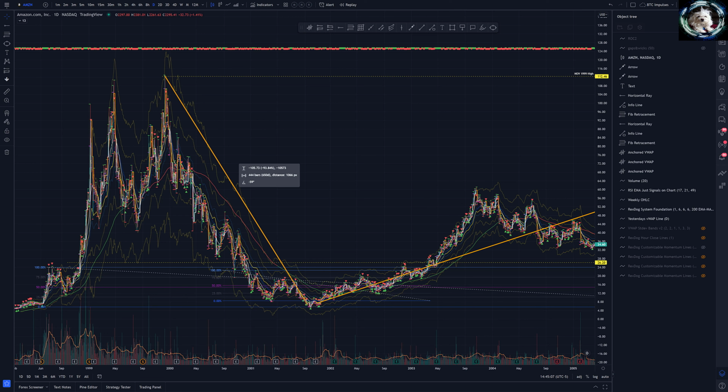So the first one we're going to cover is Amazon. We're going to just jump into the chart here. One thing I would suggest you keep in mind as we go through these examples is the relation of the patterns and what happens here. You can look at it through the lens of what we're going to talk about in Crisis 1 and Crisis 2 of Bitcoin. So we're going to start with Amazon.